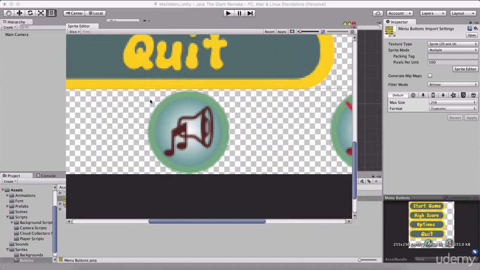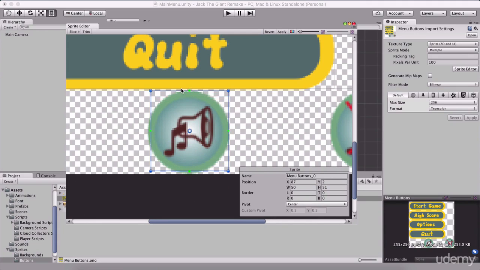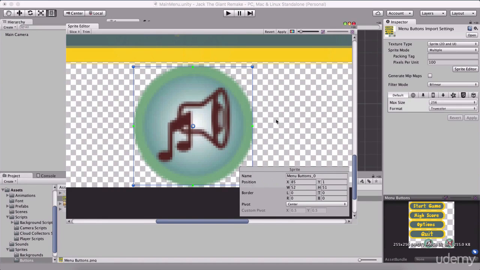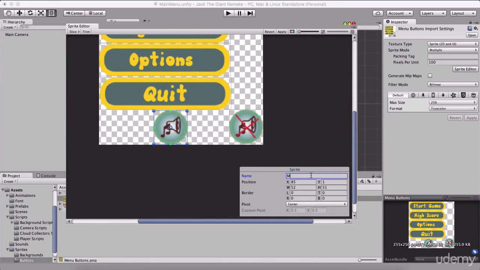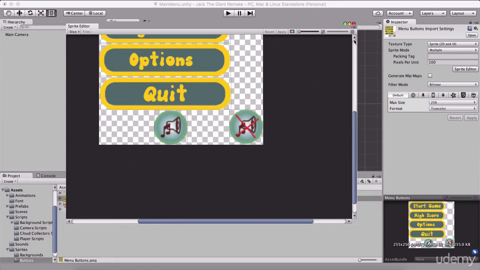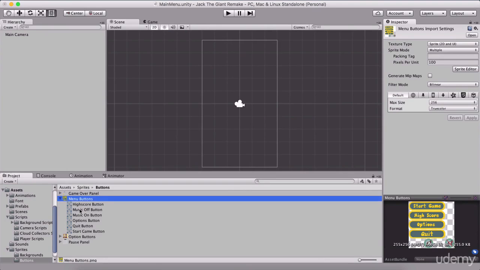And for our music on button, we need to slice it on our own. So simply click with the left mouse button and hold and drag this rectangle. In our case, it is more a cube. And then simply position it over this button. We can click on trim in order to trim it around the button. And I think this is nice for now. This is going to be our music on button, and this is going to be our music off button. And now hit apply,